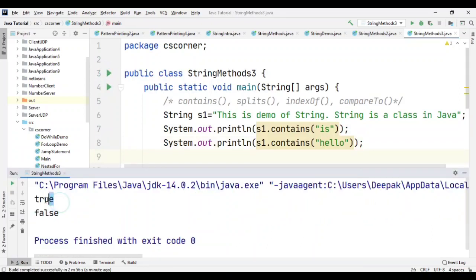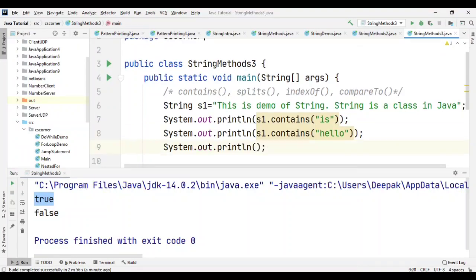So you can see now here it is returning true because "is" is found in my string and there is no "hello" in my string. Therefore, I am getting false as output. One thing I would like to tell you, whatever string you are passing over here is case sensitive. So let me write one more sout, and now I am going to search for this string. Instead of passing capital S, I am going to pass small s.